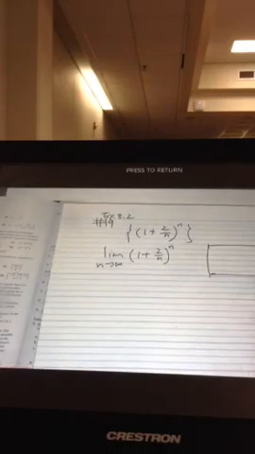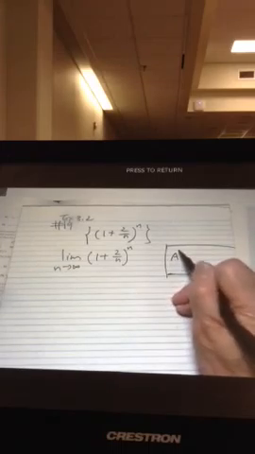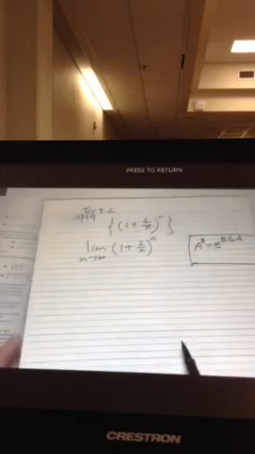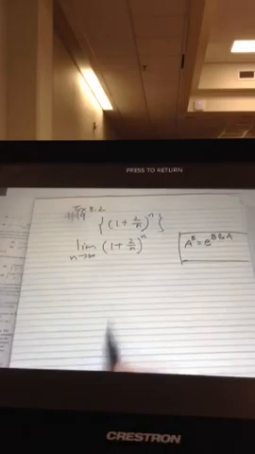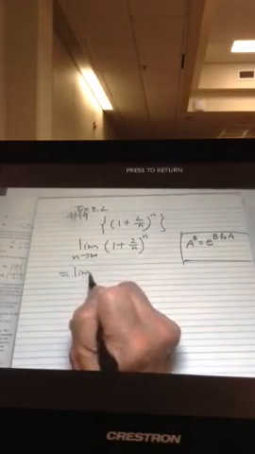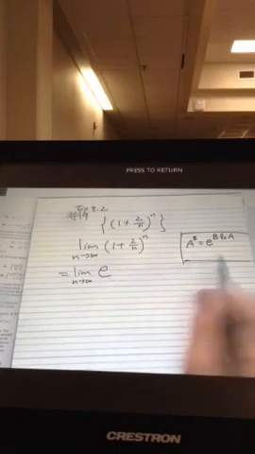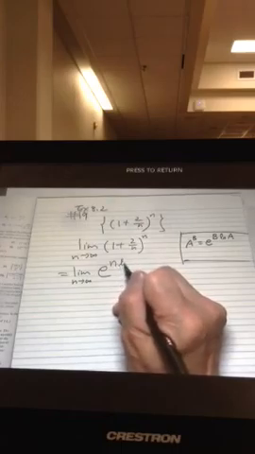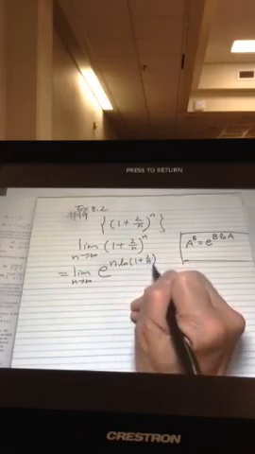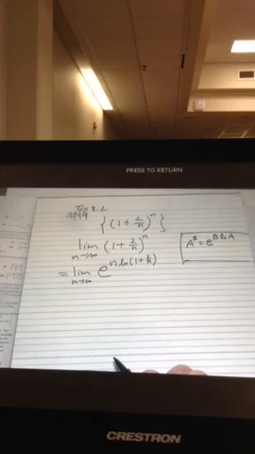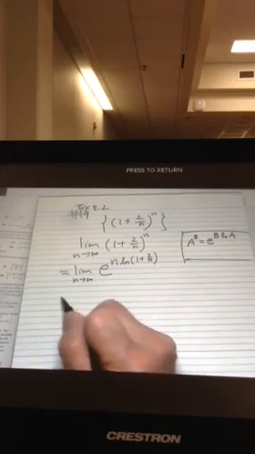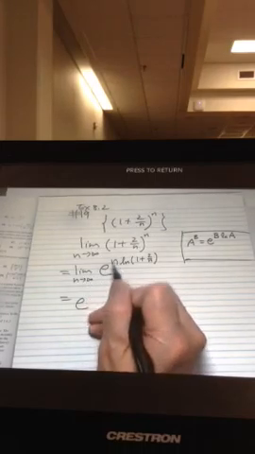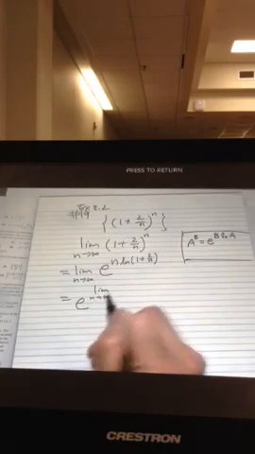So using the formula, I'm writing it here, okay? a to the b is always e to the b times natural log of a. Okay, the formula. So this will be equal to the limit as n approaches infinity of e to the n times the natural log of (1 + 2/n). Alright, and then I have this e, so I can bring this limit inside, limit n goes to infinity, and